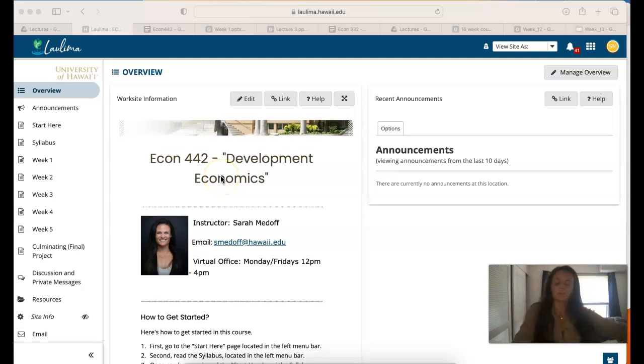I think I'm like one of the only instructors at UH that still uses Google Meets. I can use Zoom as well. And if you're on Oahu, I'm also available to meet at UH-Manoa if that's easier. So there's not too much on this overview page. I don't really use the announcements tabs all too much. I communicate primarily through emails. So just keep checking your email constantly just in case I'm sending some information.